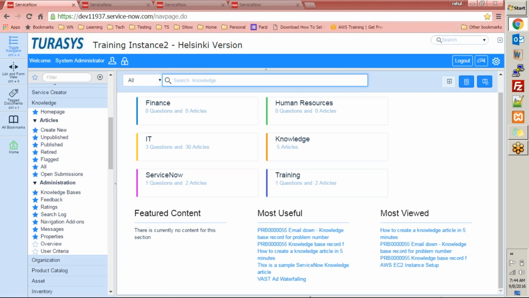Right now you can see the article that we just created, how to create a knowledge article in 5 minutes. This is coming up in the most views section. So if we keep hitting this AWS EC2 instance, the next time we come, maybe this gets slightly higher priority than other articles because we are clicking